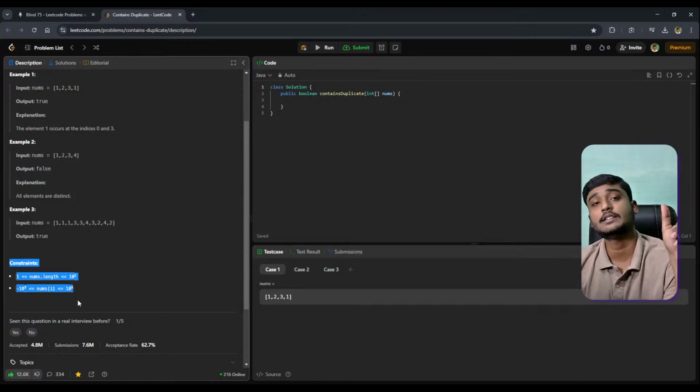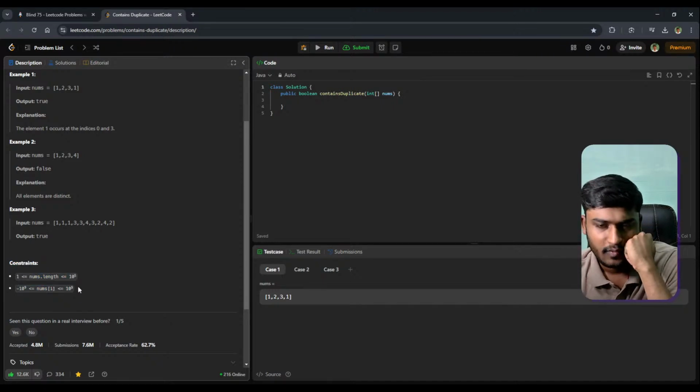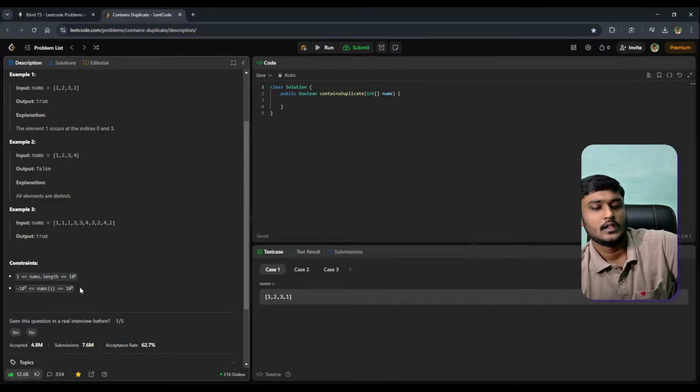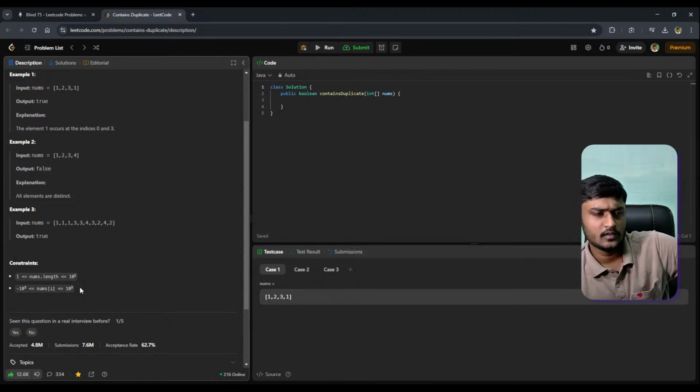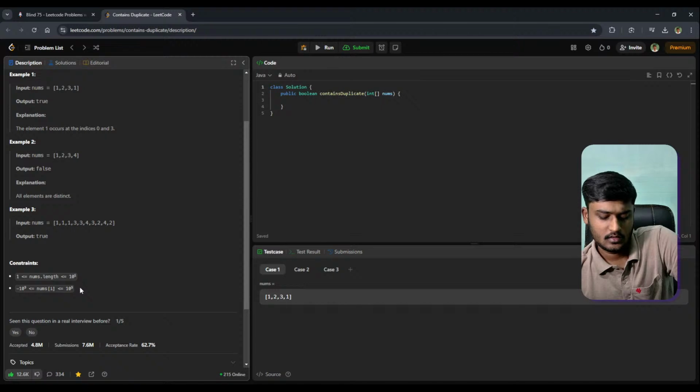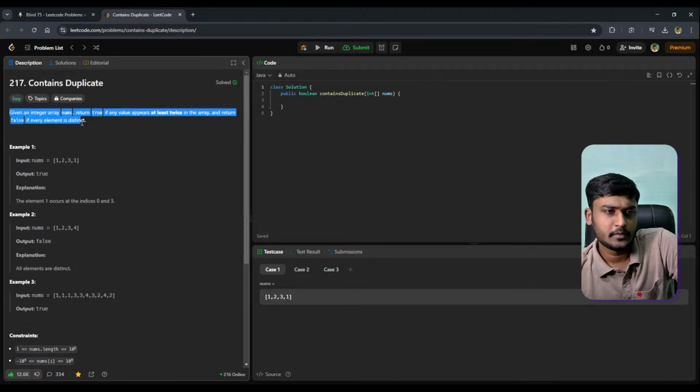The constraints are very important. If you study time complexity, the constraints tell us how to solve the problem in an optimal way that is accepted, and this is very important in an interview. Whenever an interviewer asks us this question, they'll only give this statement. That's it.